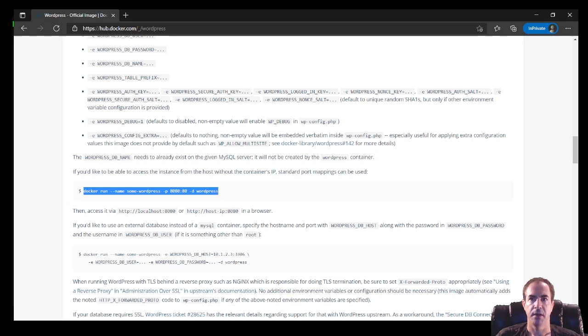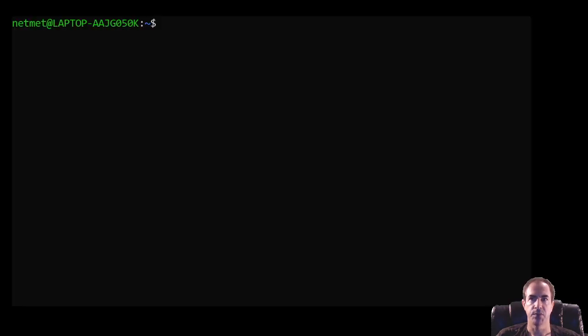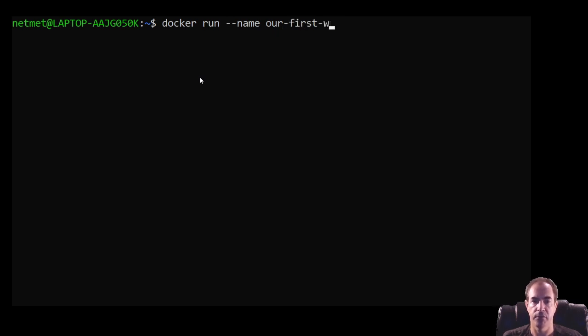Then I'm going to switch over to my Ubuntu desktop application, and I'm going to go ahead and type in the command, which was docker run. Now, docker is telling us that we want to do a Docker command. The run says that we want to run the container. We're going to give it a name, our first WordPress,